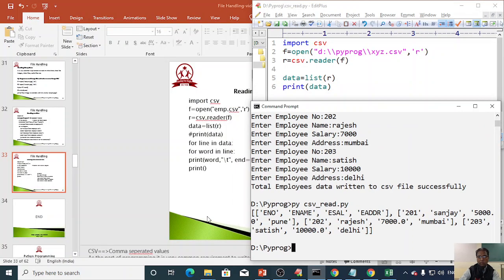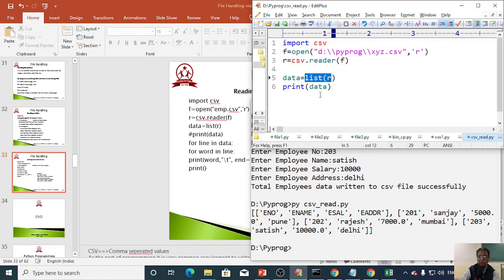If you'd like to print one by one element, then instead of this print we simply write: for ln in data, and again for column in ln, that is line. So row and column; you can write row or rw, whatever variables you define, no problem.